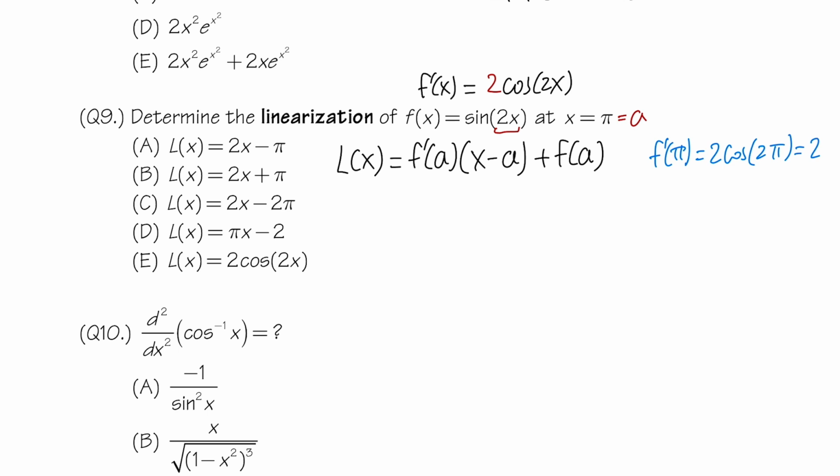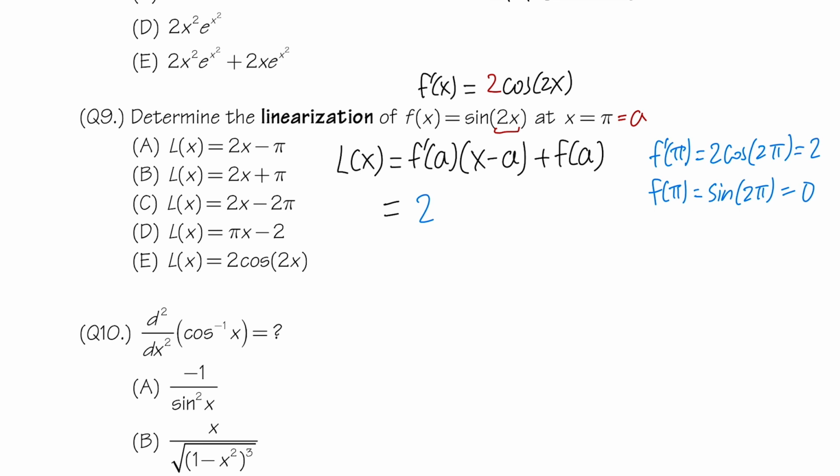And let's also do f of pi. That's sine of 2 times pi, and that's equal to 0. This is the original. Yeah. And that's pretty much it. So L of x equals 2